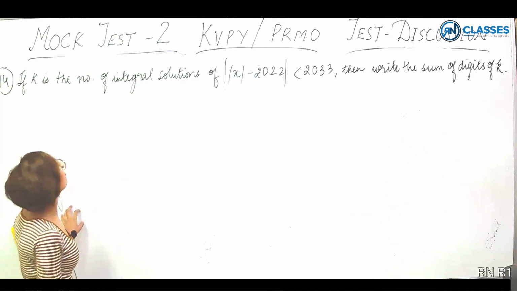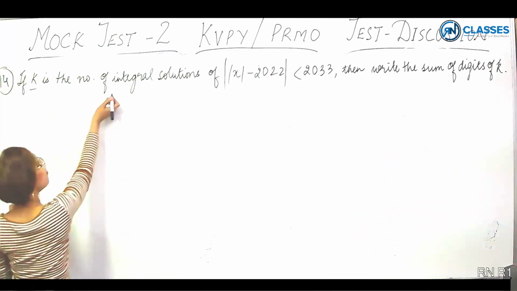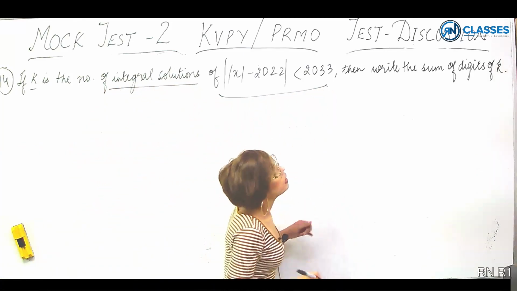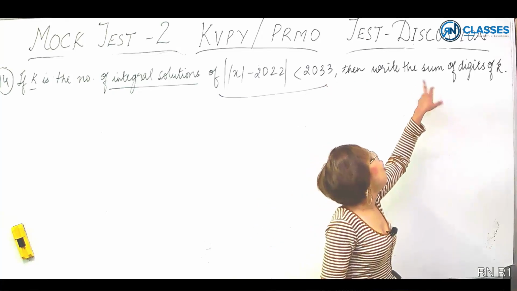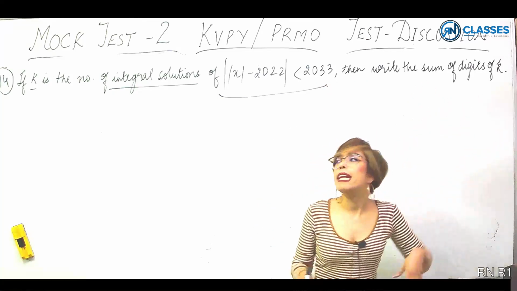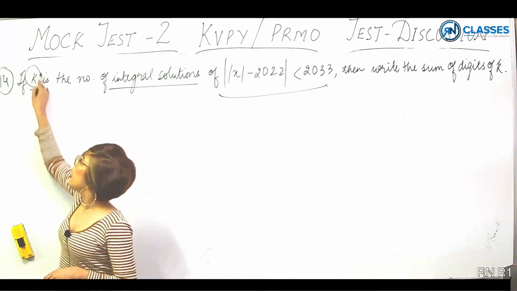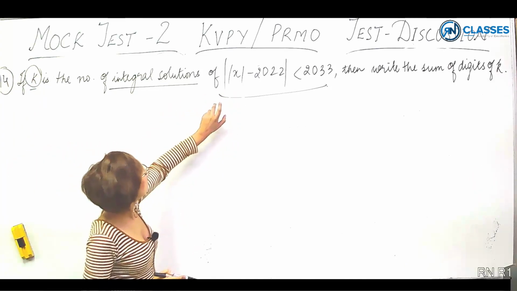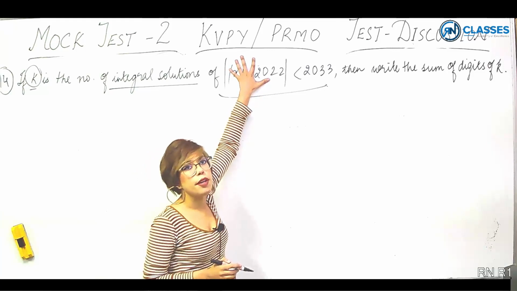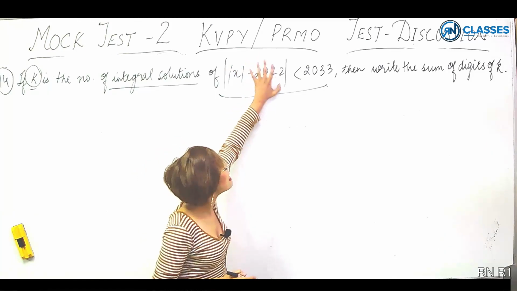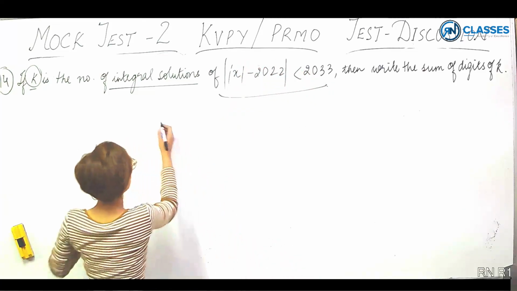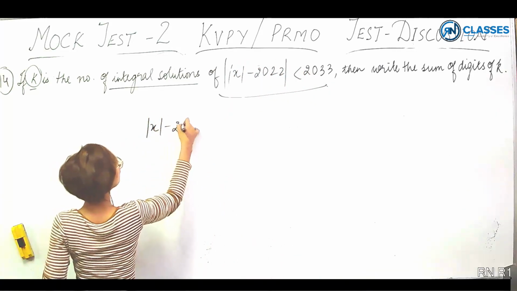Alright, on to the next one. If k is the number of integral solutions of this equation, then write the sum of digits of k. So in short, I need to ascertain what k is. He says the number of integral solutions of this. So first of all, the absolute value of some quantity is less than 2033. That means this number, as in mod of x minus 2022,